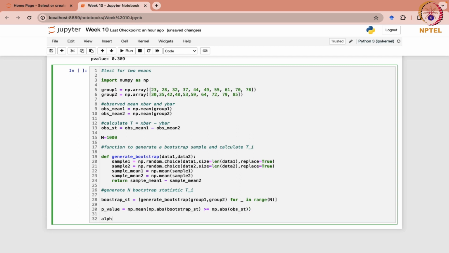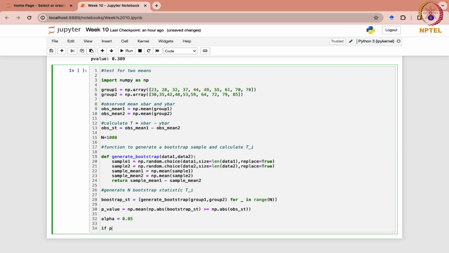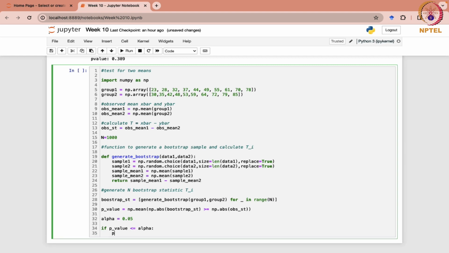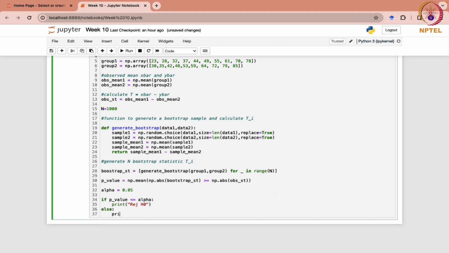So if alpha is suppose 0.05, and now if you want to test whether the p-value is less than or equal to alpha, then you print reject h0. Else what are you going to print? That is, we failed to reject. Print fail to reject h0,